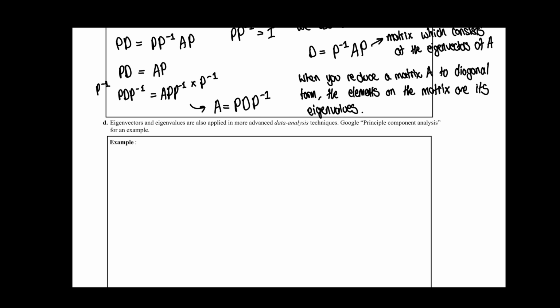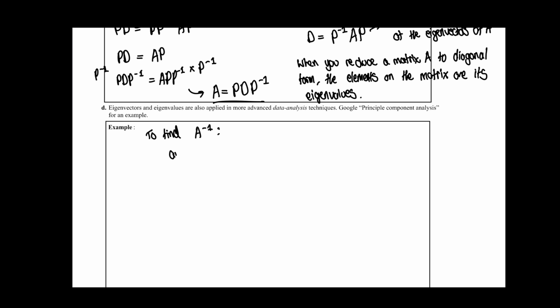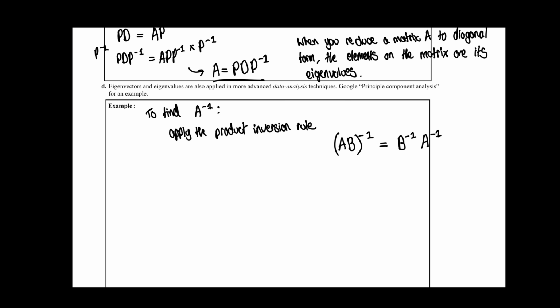So to find the inverse matrix, we use this and we apply the product inversion rule. What that is saying is if we had A multiplied by B and we wanted to find the inverse of this product of matrices, we could work out the inverse of B and then multiply that by the inverse of A. So using this